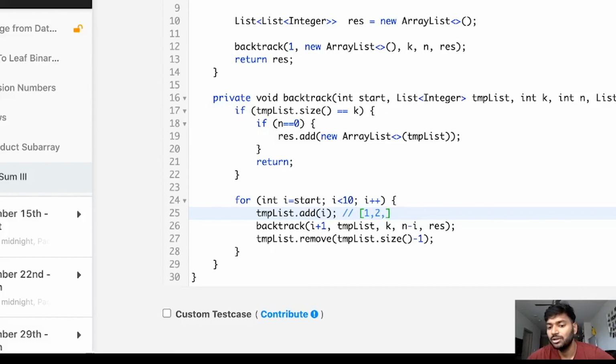You explore 7 and all those, and after you explore all of those, your call stack will come back to the call where you dispatched from 1. So it comes back all the way to 1, because that is where your recursion tree started. So you remove 1 now. Eventually you will remove 1, and then your start will come from 2 again, because that's the call stack which was already running. So you come back here and now you do 2. This is at the top level of your recursion tree.